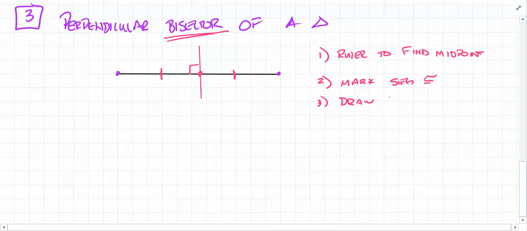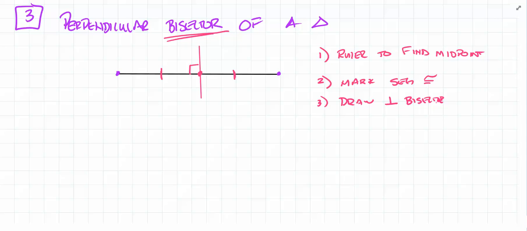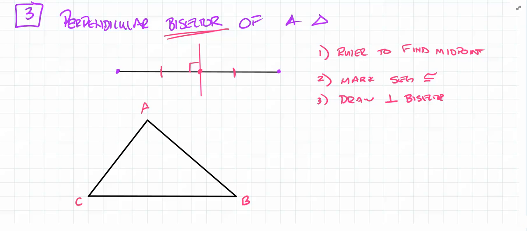So perpendicular means it's at a right angle. Bisector means it cuts the segment exactly in half into two congruent segments. That's what that means. The same thing works for a triangle, because a triangle has three sides, so we just do this